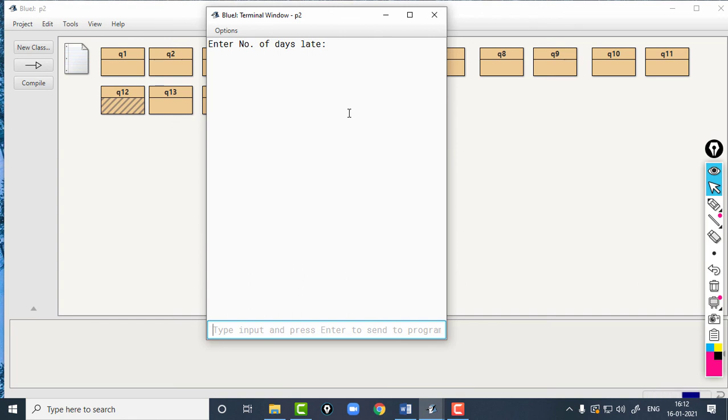Let's check again. So you can see this time it exited if the book type was something invalid.